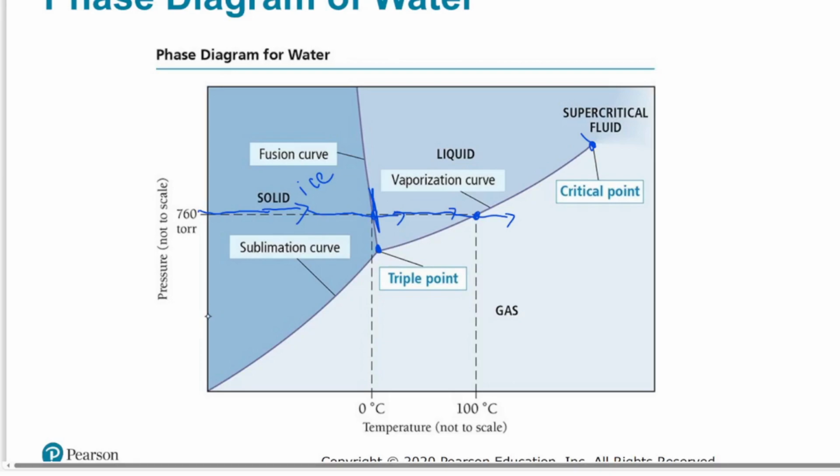For example, let's say this is roughly 200 torr. And let's say we're at 200 torr for the pressure, so that's pretty low pressure, and we're at maybe 25 degrees C. At 200 torr and 25 degrees C, we would be in the gas phase. But if we were at atmospheric pressure at 25 degrees C, we would be in the liquid phase. So from a phase diagram of water, it becomes apparent that we could boil water at normal room temperature by just lowering the pressure.